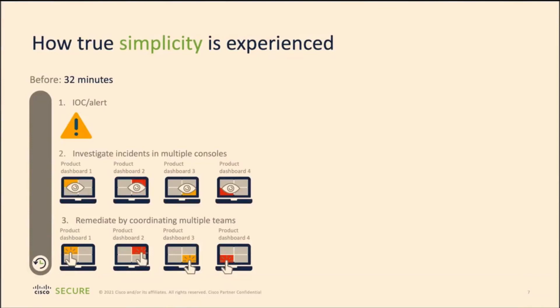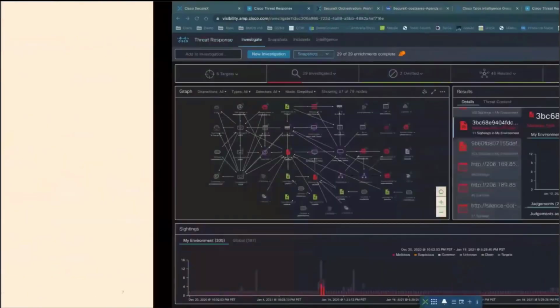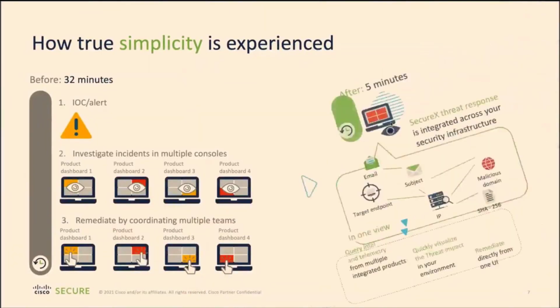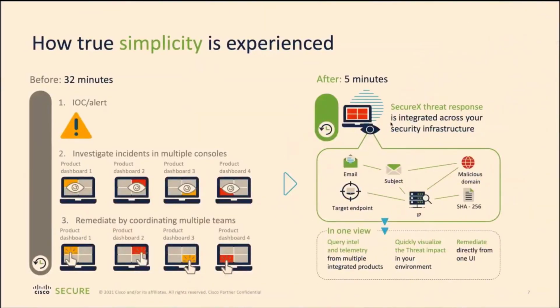And also then you have to go and remediate this situation, right? So you have to take actions on all of those different platforms. That's going to take a lot of time. And as I showed you, that pivot menu just allows you to take quick action right away. It doesn't matter where you are, right? So this dramatically reduces the amount of time that we need to spend on all of these different investigations